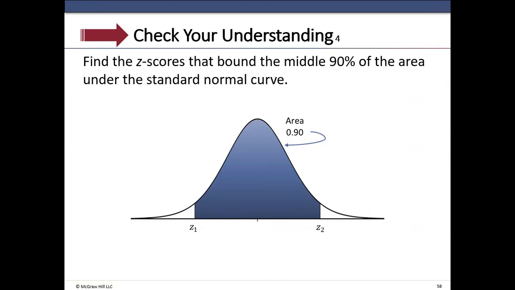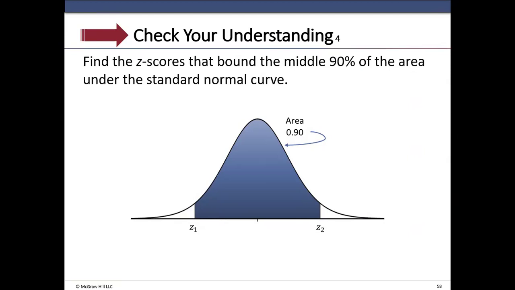How do I find z2? Area to the left of z2 is 0.9 in the center plus 0.05 in the left tail. 0.9 plus 0.05 is 0.95. So second, verse 3, I type 0.95 as the area and go down to paste, and I will find it